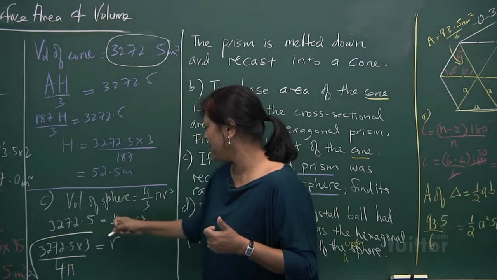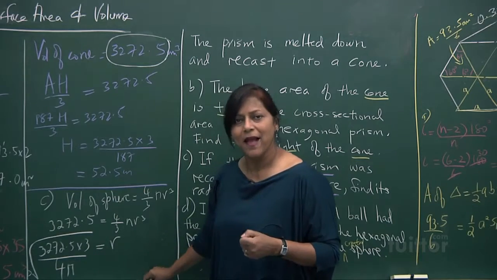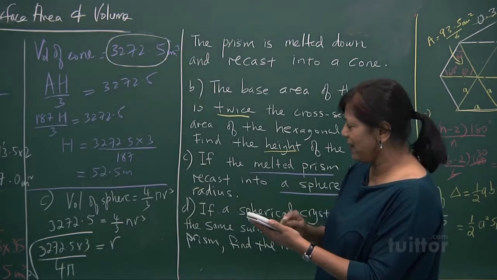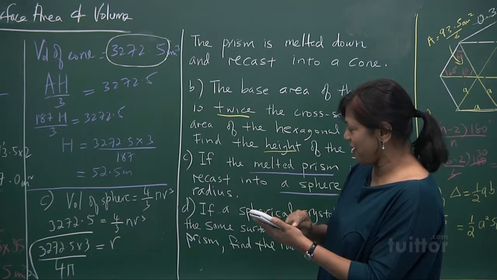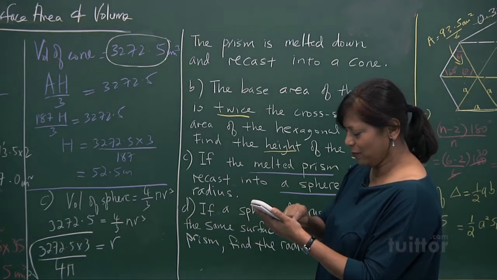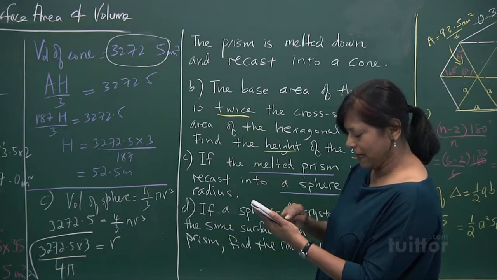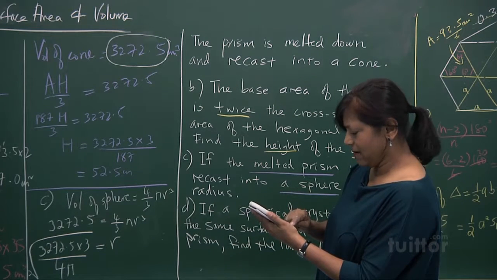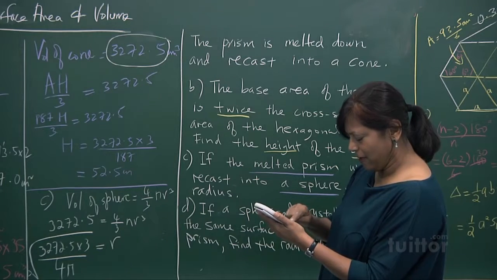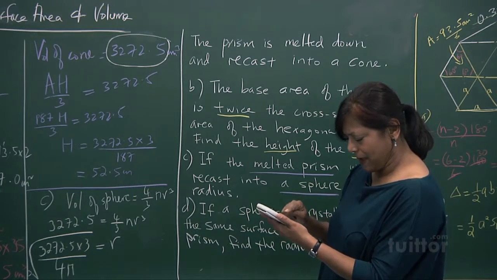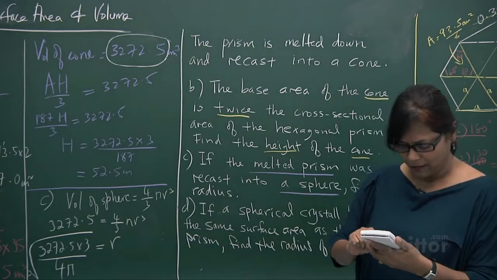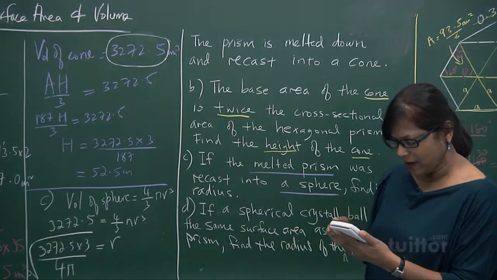Be very cautious when you get that going, because you've got a cube root there. 3272.5 multiplied by 3. Get the answer, divided by bracket 4 times pi. Close bracket. Answer, you've got